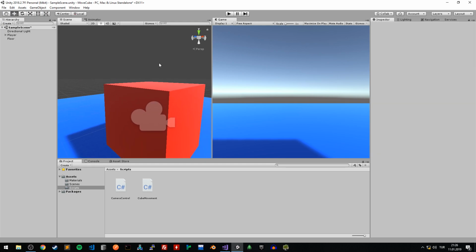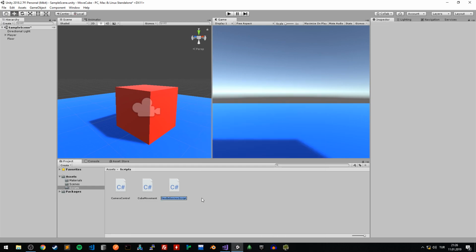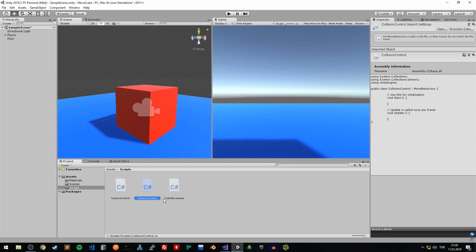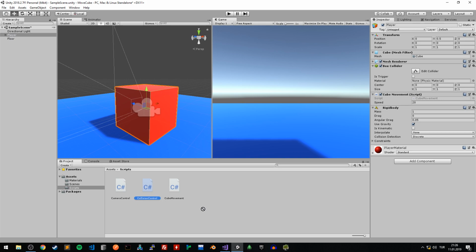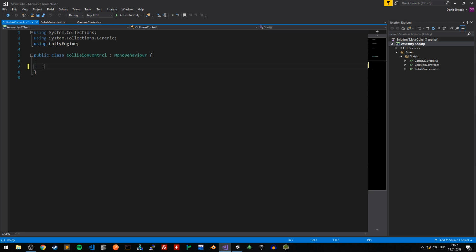Alright, now let's create an empty script file and name it collision control, and assign it to our player. Alright, beautiful. Let's open the script. For this tutorial, we won't be needing these two methods, so we can delete them. Instead, we are going to use a built-in function named